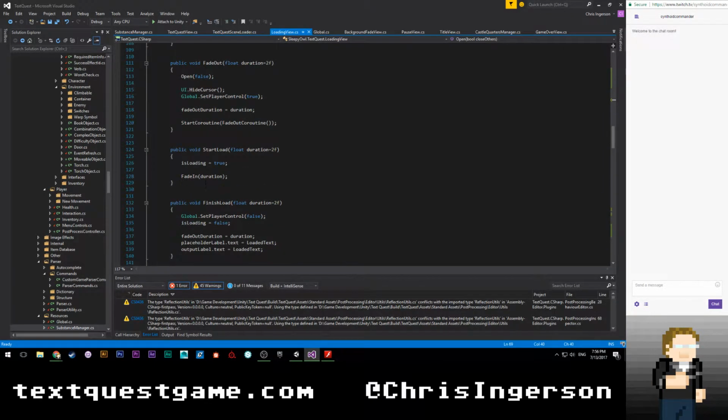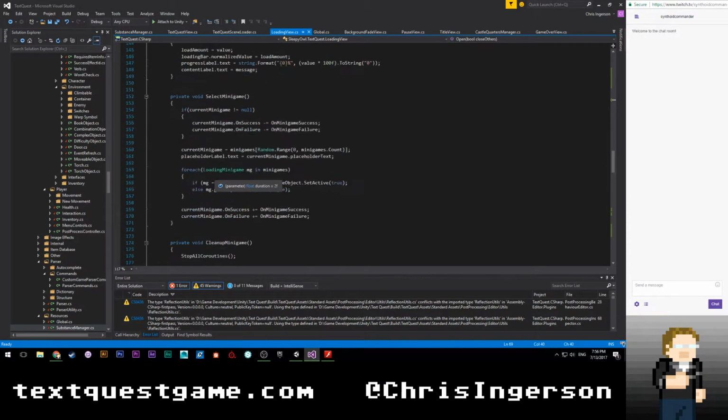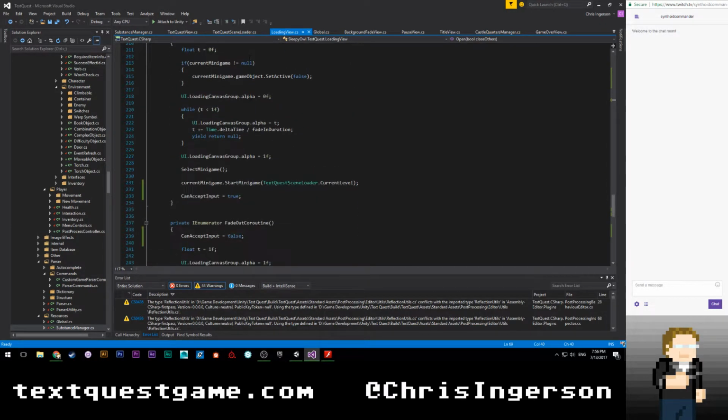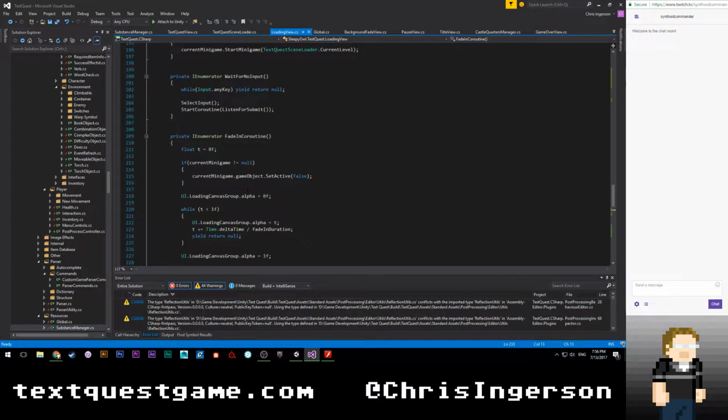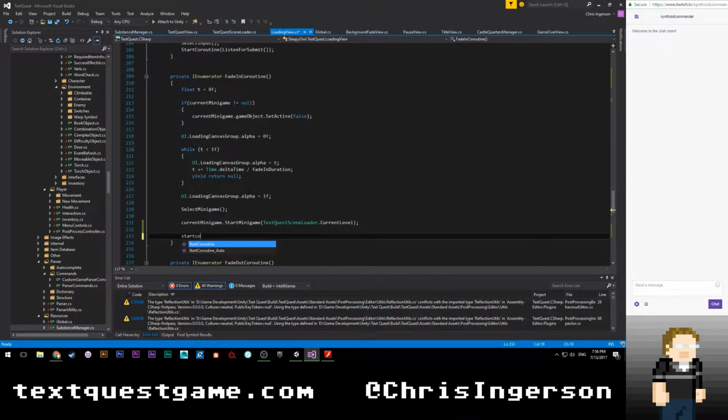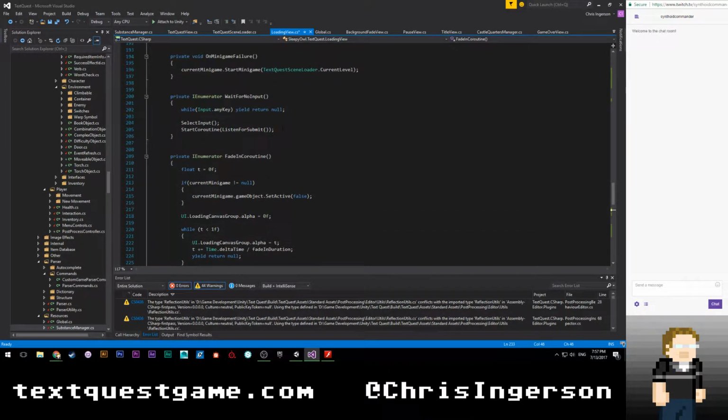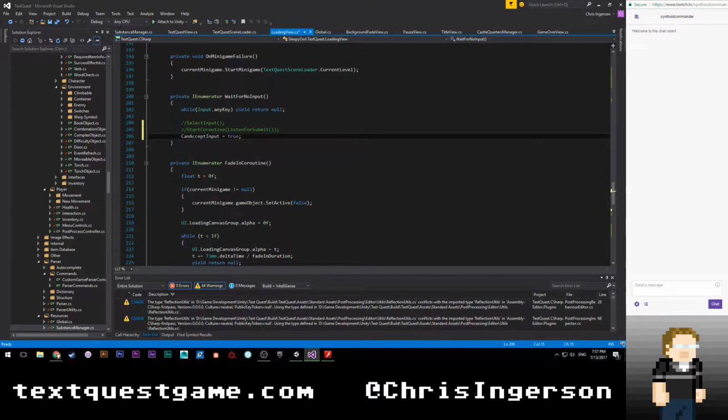So I'm going to change how this works a little bit. Let's go down here to our fade in coroutine. I'm going to change this to say start coroutine, wait for no input. All right. And then down here, I'm just going to say can accept input is equal to true.